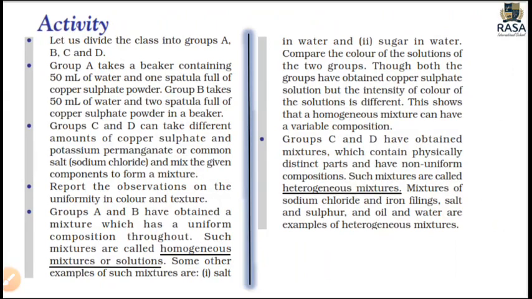sulfate powder to it, and to group B we have given 2 tablespoons of copper sulfate powder, and groups C and D can take different amounts of copper sulfate and potassium permanganate or common salt and mix the given components to